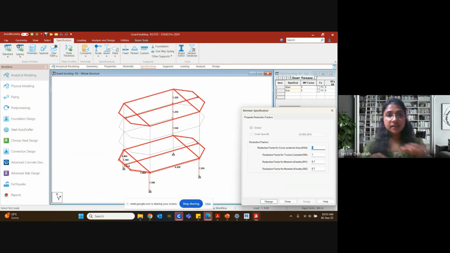When there is going to be an earthquake, there's going to be movement. But what is happening? You are actually fixing everything to the ground. But when an earthquake comes, your entire ground is also going to shake. So you have to give a response reduction factor so that your design is going to be more cost effective and also resilient. Then also there is something called a stress reduction factor.